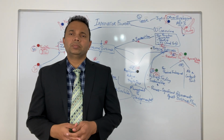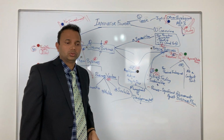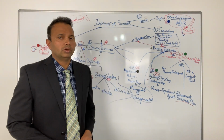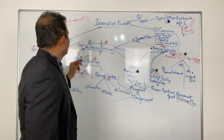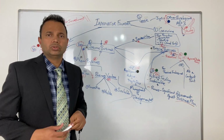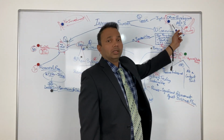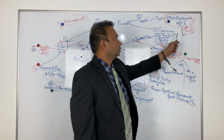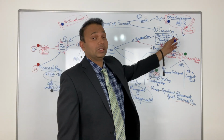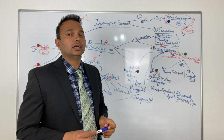Today I am going to talk about the Innovator Founder Route. There have been recent changes to the Innovator Route, whereby mainly the 50k investment has been removed. So there is no need for any investment funds, and other employment has been allowed. It will be interesting to see how that has been allowed, and how applicants can get employment